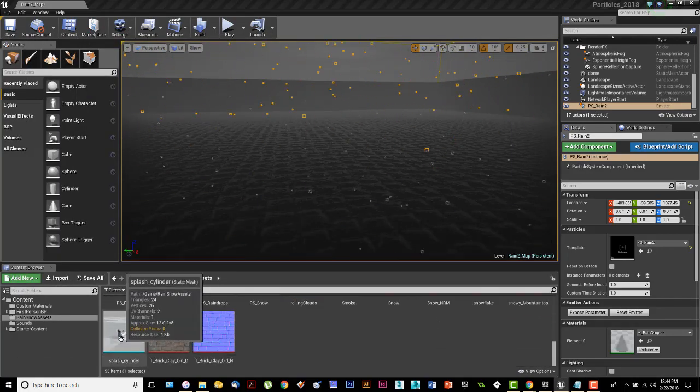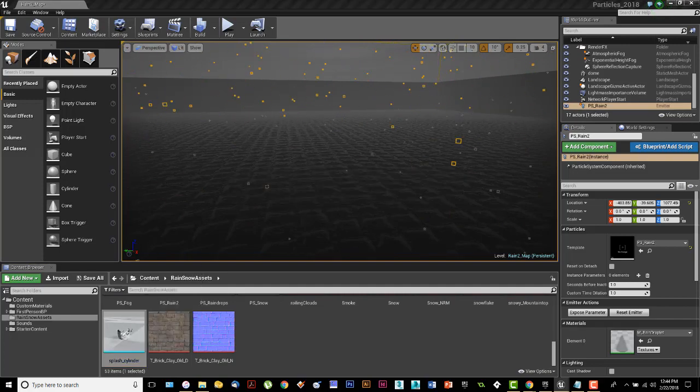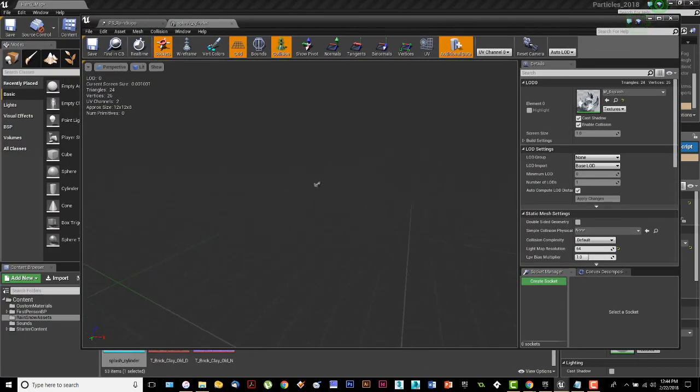Now, I talked in the last video, what we had here was I actually had a small object, a splash cylinder, and then that splash cylinder, I created a material to put on there, how I created the material. And what we're going to do now is we're actually going to bring it in, and we're going to have a particle system made out of this particular object, which is something that's important to know that you can do,